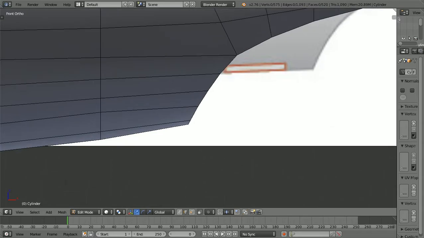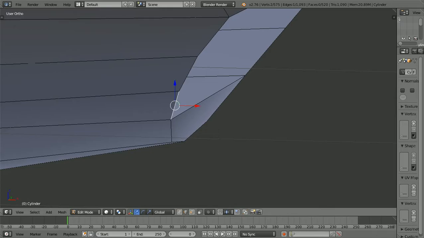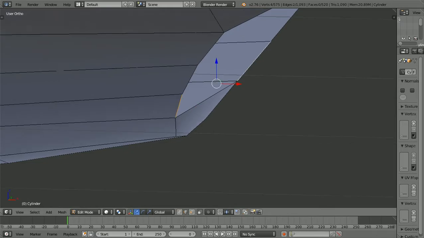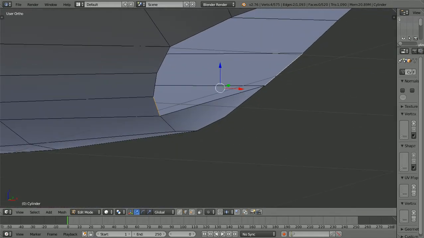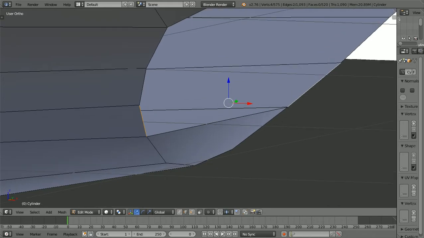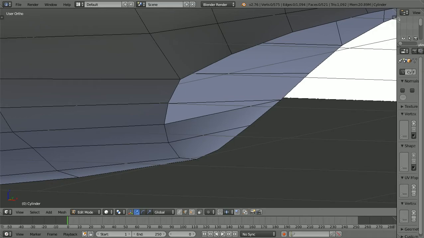And since our face is going to taper all the way up to this point, now what I can do is select this one, select this one, and I know it looks way big because of the angle we're looking at it, but they're actually the same size. We're just looking at an angle. Push F, push A, and same thing, select these two, F, A, select these two, F, A,